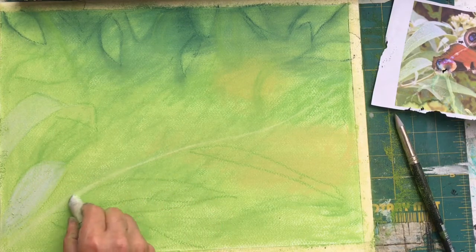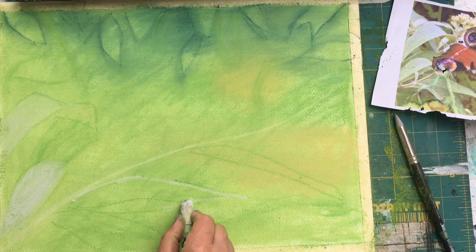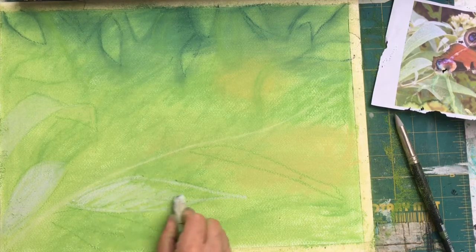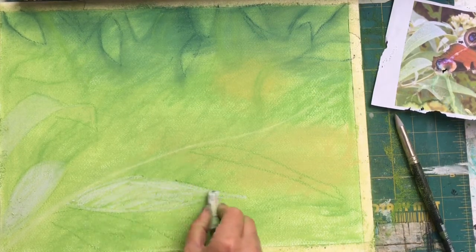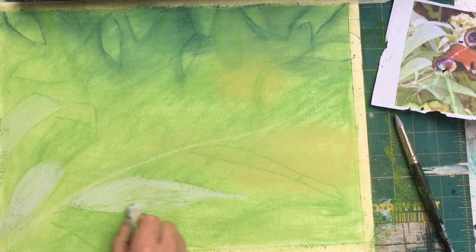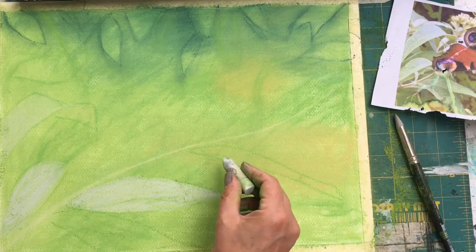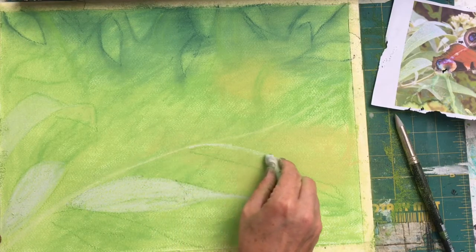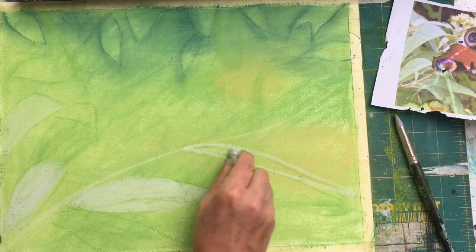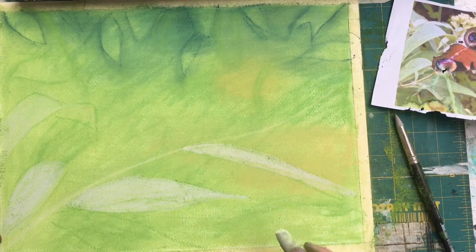You can blow this pastel dust off, but again, you're sending it up into your atmosphere and down onto all your furniture and things like that. So just be aware of that. Like I said, if I hadn't stuck this down, I could lift it. Actually, I can still lift it because I have stuck it onto my cutting mat. So I can still lift this work off and tap it